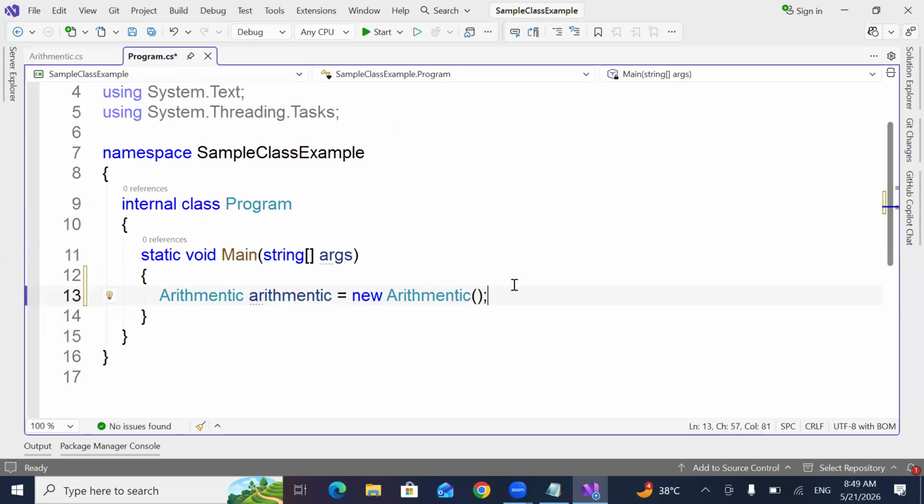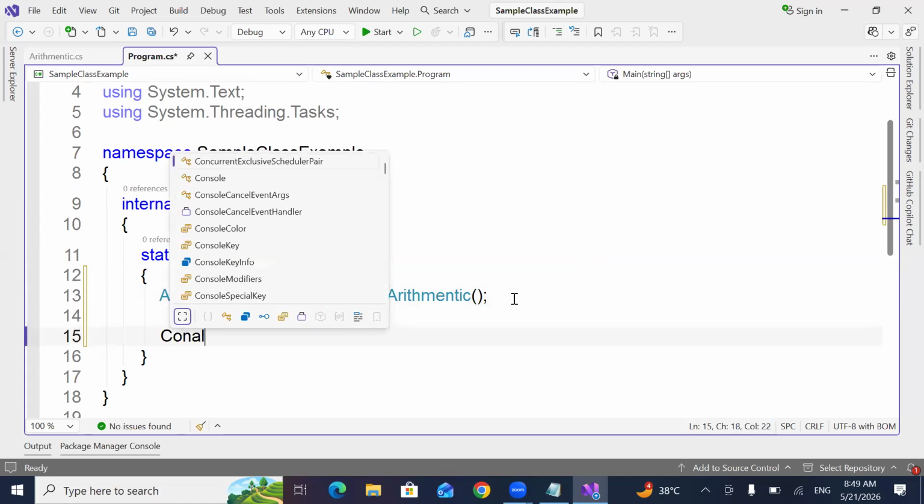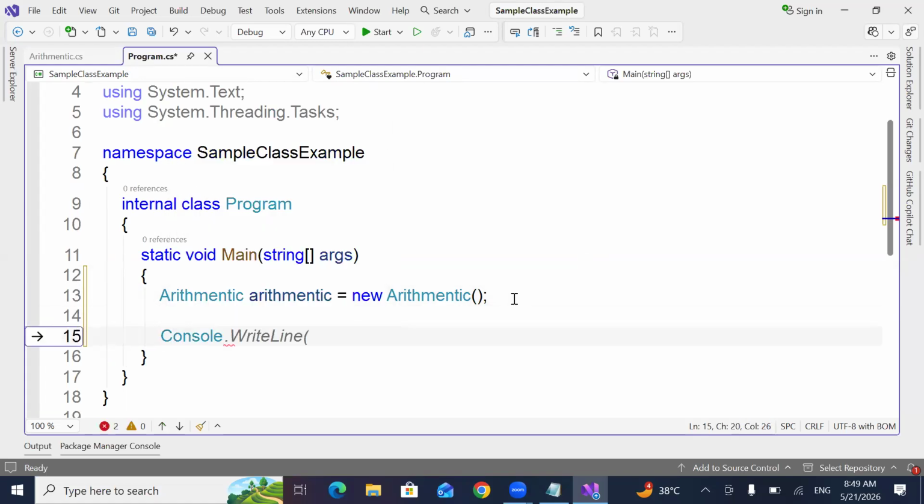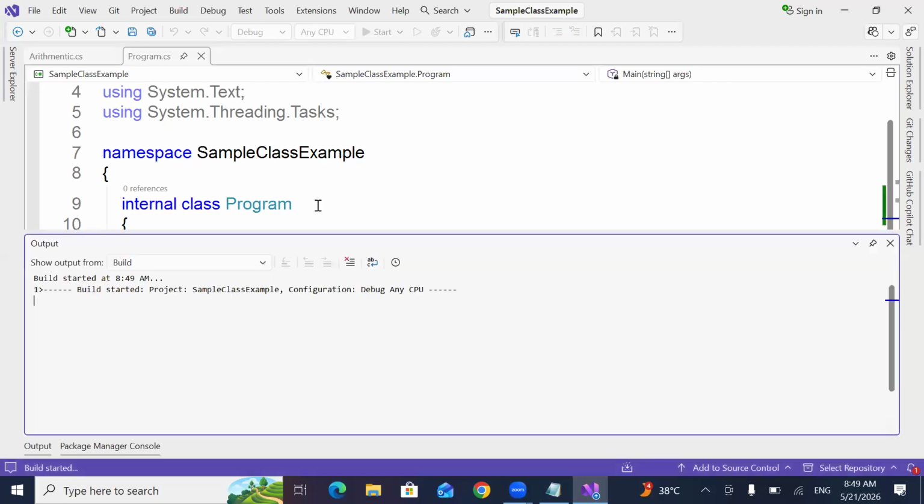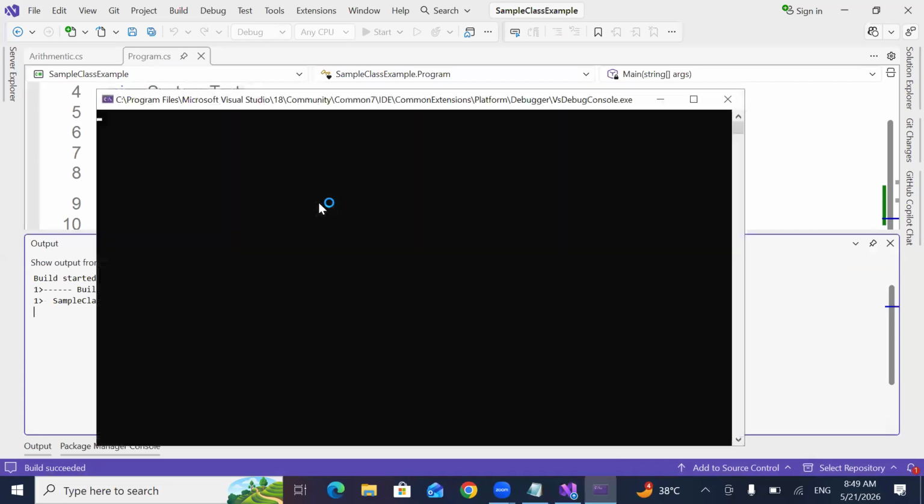Now come back here. When I use console.readline, now if you go and run the program, it will work. It doesn't have any problem at all.